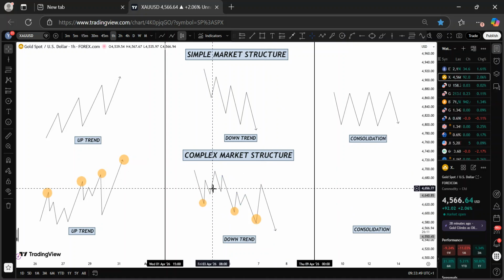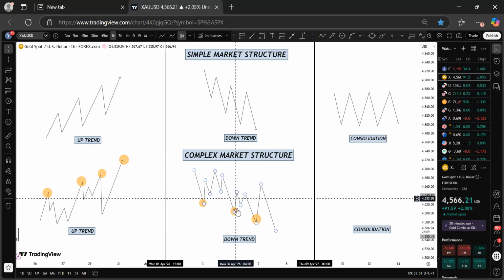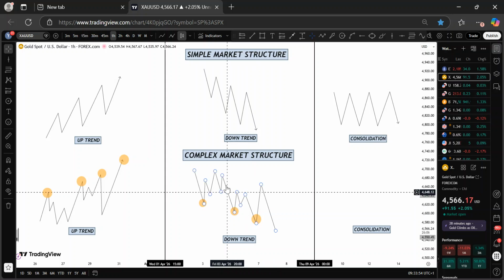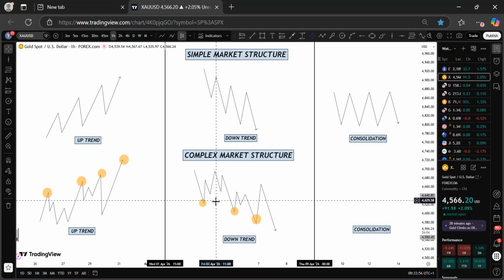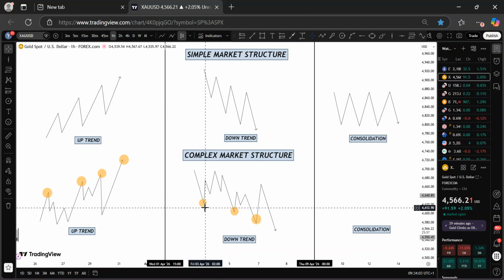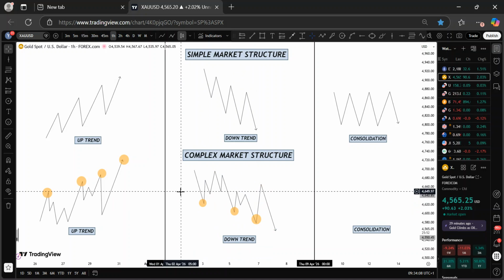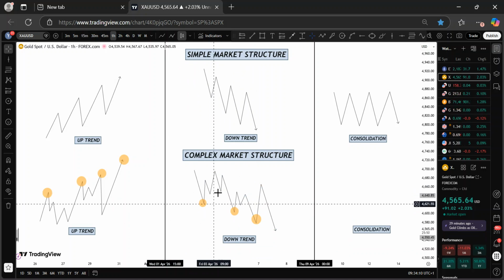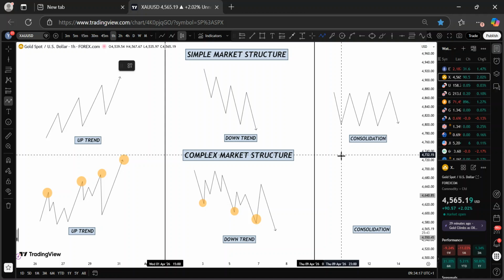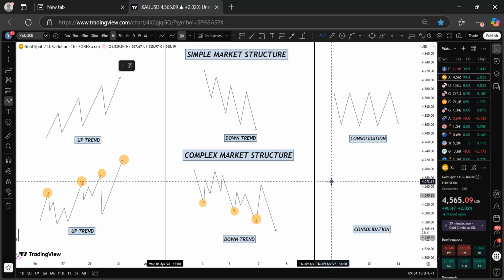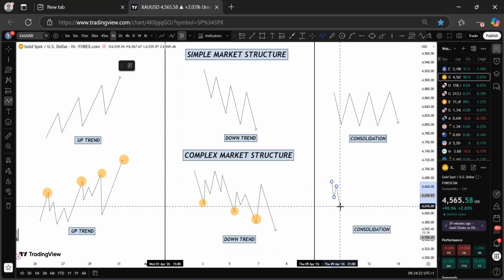Regardless of the series of highs and lows that were created internally, these are none of your business. All you need to do is to look at it clearly and understand the major swing points, and there you can tell if the market is in an uptrend or in a downtrend. So this is what the downtrend looks like. And for the complex part of a consolidating market, you can have something like this. This is mostly not talked about. You can have something like this.